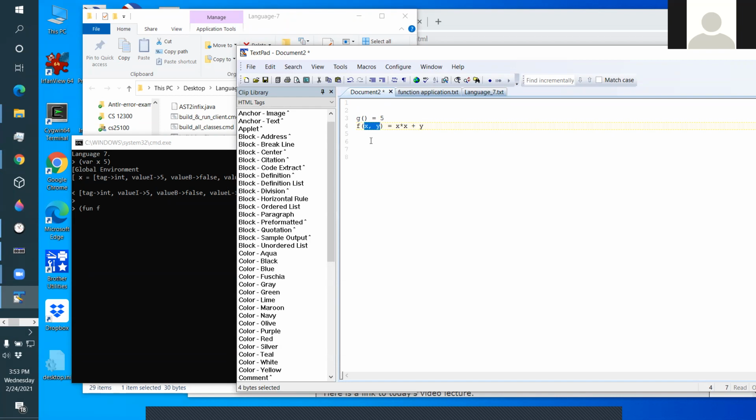Now the thing is, we need to hang them off of something. So what we'll hang them off of is this keyword fun. So fun will be at the root of the tree. So we'll have this tree rooted at the keyword fun. Its left branch will be the name of the function. Okay. Its right branch